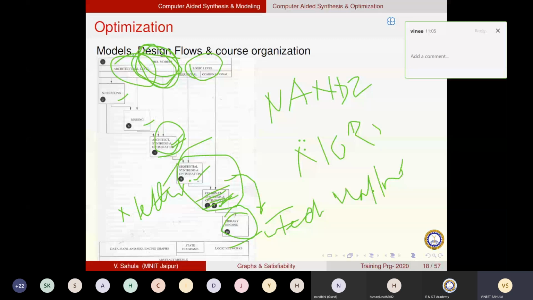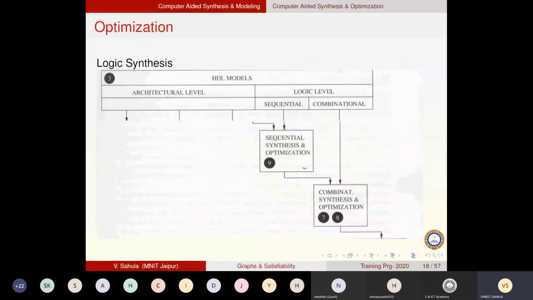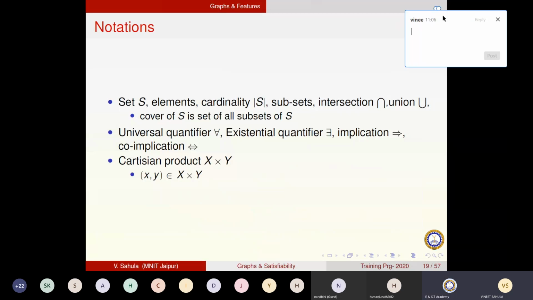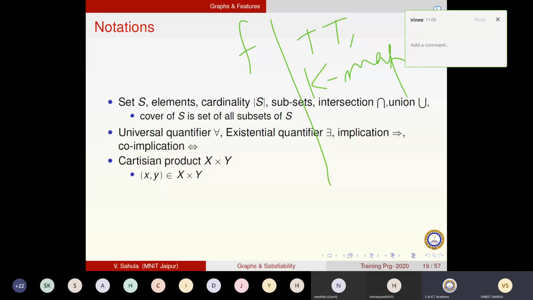The model of logic. What are the models of logic? Let us come to that. I'm skipping all this. What is the logic model? A combinational logic model, you know. It is your truth table, right? You know the truth table for a logic function. How do you represent a logic function? Truth table. Next, by K-map. You can represent it with a K-map. Or you can even take a Quine-McCluskey kind of table representation. We'll see that also. Quine-McCluskey table, not truth table.